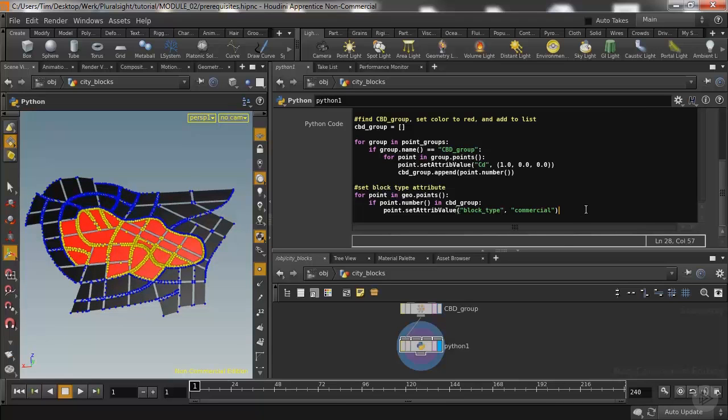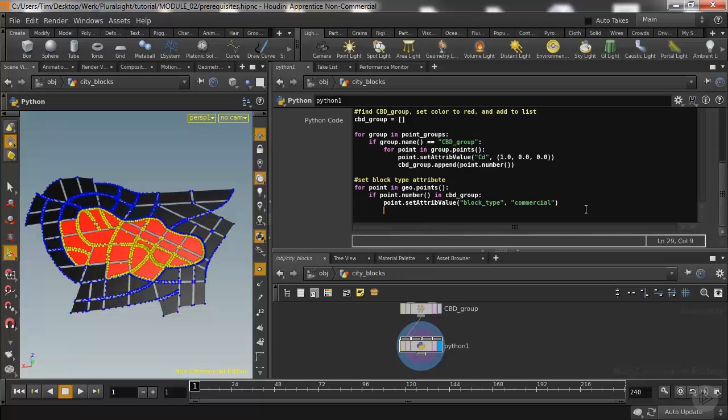Now with an if statement, you can create multiple conditions in one. So instead of just if, you can say if point number is in CBD group, set this, else if it's not, do that. So what we're going to do at the same level of indentation of the if statement is we're going to go elif. Right? You can also say this, else if, but this is just a shorthand version of it. Else if